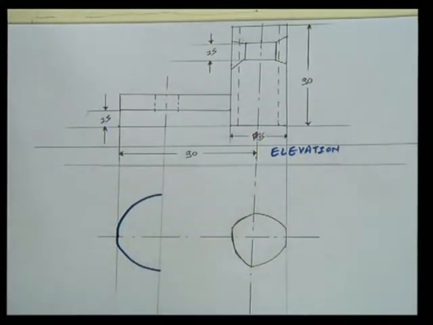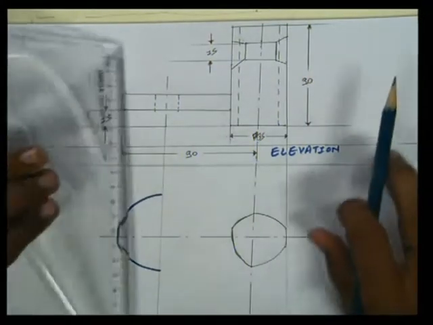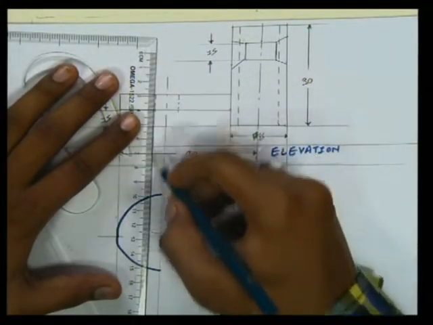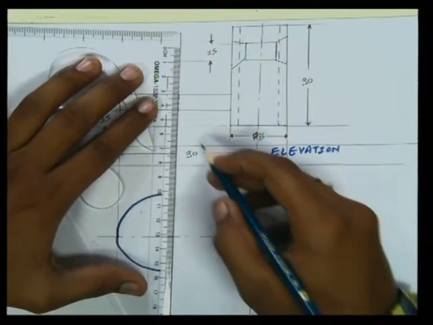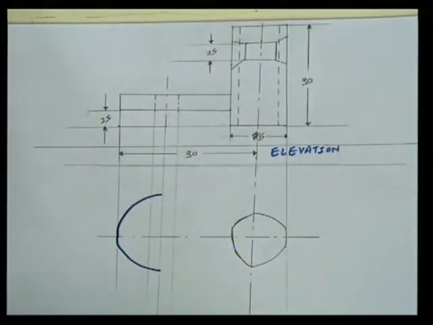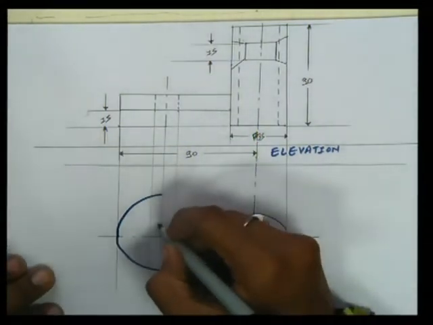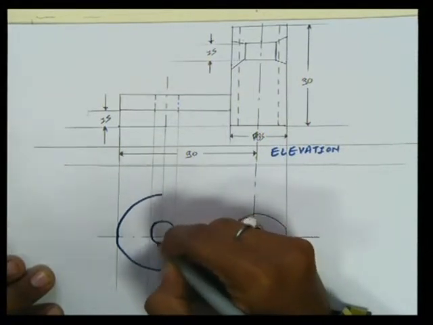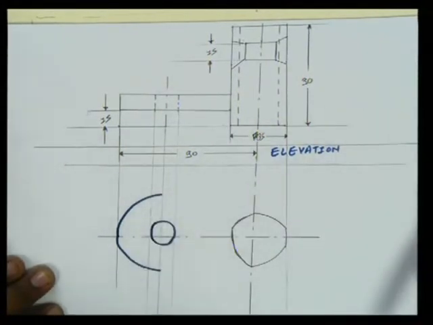Again, I will take projections for this. From whose reference the circle can be drawn.